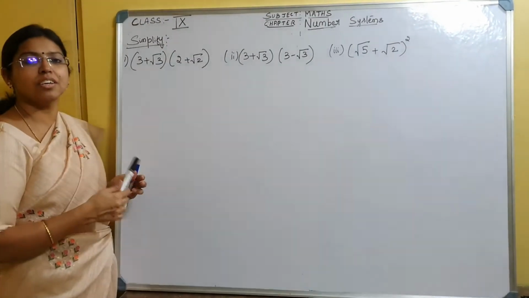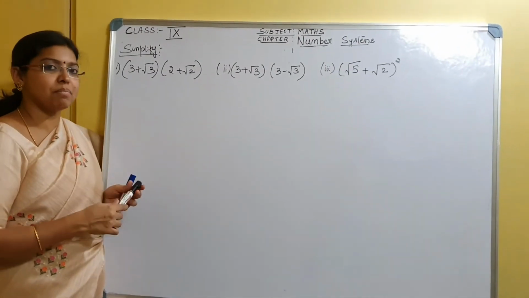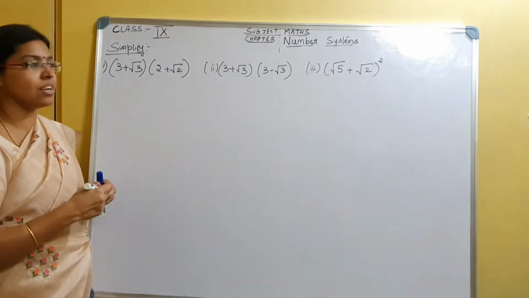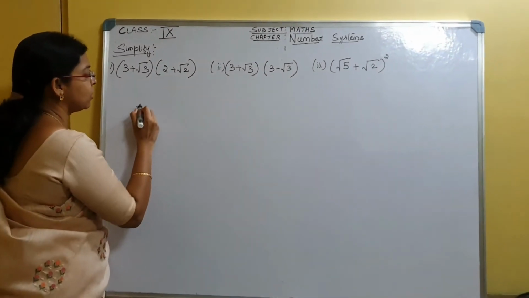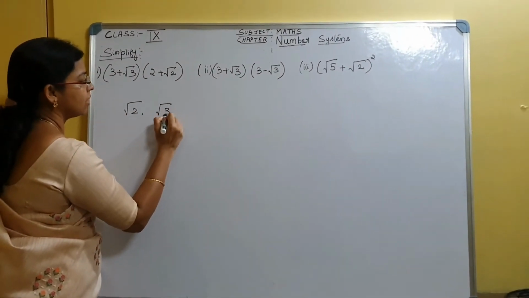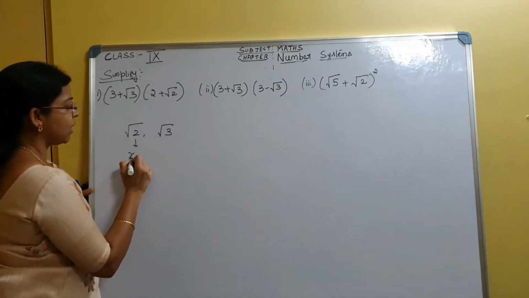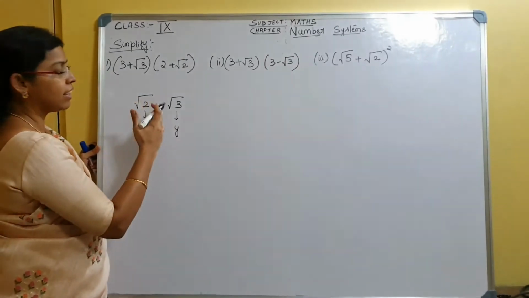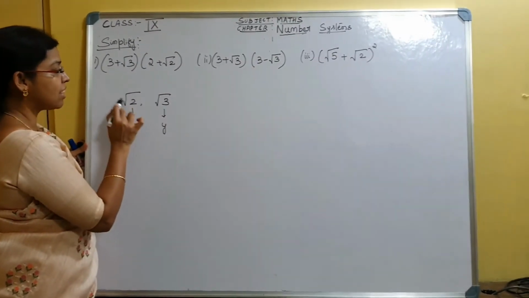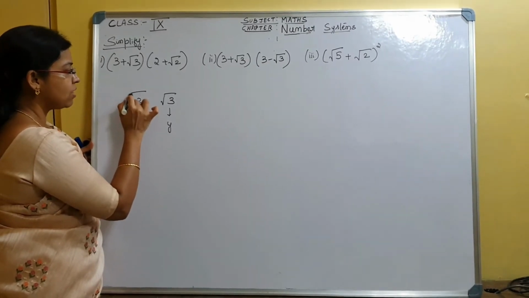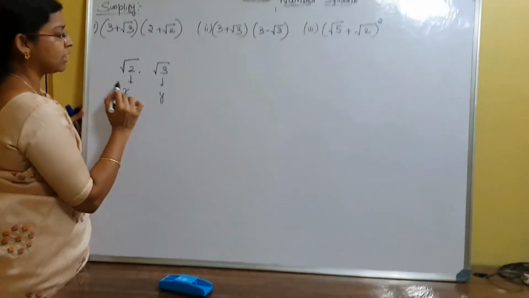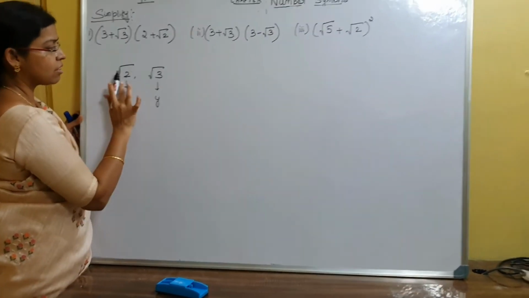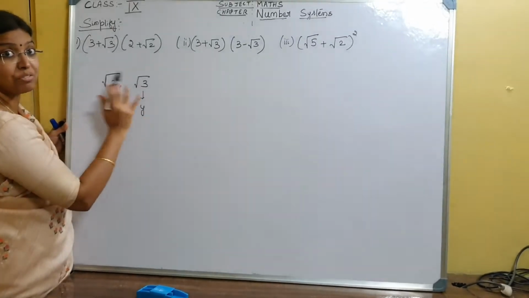We have seen addition, subtraction, multiplication, division of rational numbers in the earlier classes. Here we will see those 4 operations for irrational numbers. For example, you consider root 2, root 3. We know the variables x and y. Treat them like x and y itself so that it's easy to do the operations like addition and subtraction. Root 2, what is inside the square root? We just verify that. That should be equal. Here it is square root 2 and square root 3, so you should consider them as 2 different numbers.